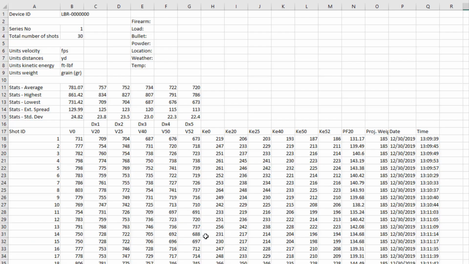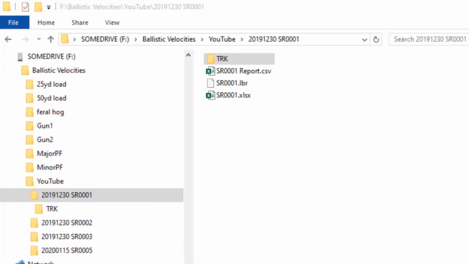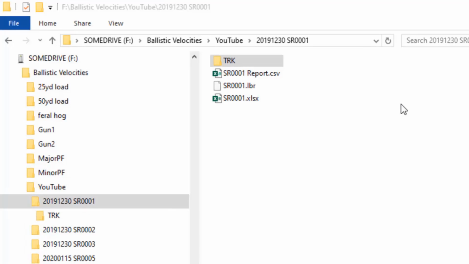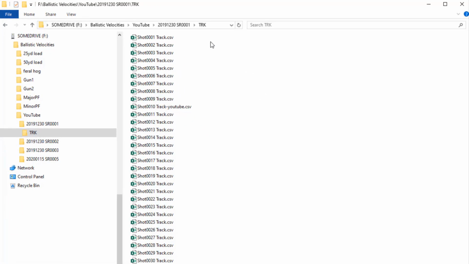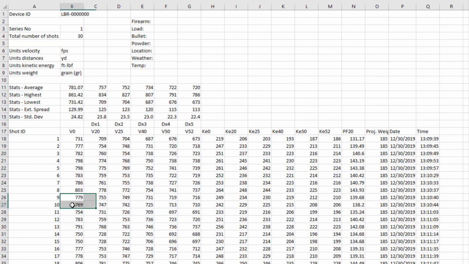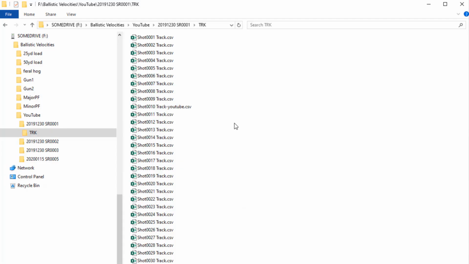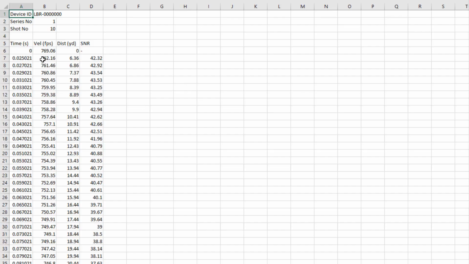What I want to dive into next is the details of our velocities. If you recall, one of the things you copied over from the LabRadar unit's SD card is a subfolder called TRK for tracking. If we go into that, what you'll find is a CSV file for each and every shot you took in that series. And one might think that since we only asked for 5 distances to record velocity for, that you might find 5 velocities in here. Well, in fact, if we open up shot 10, we find that it actually recorded,